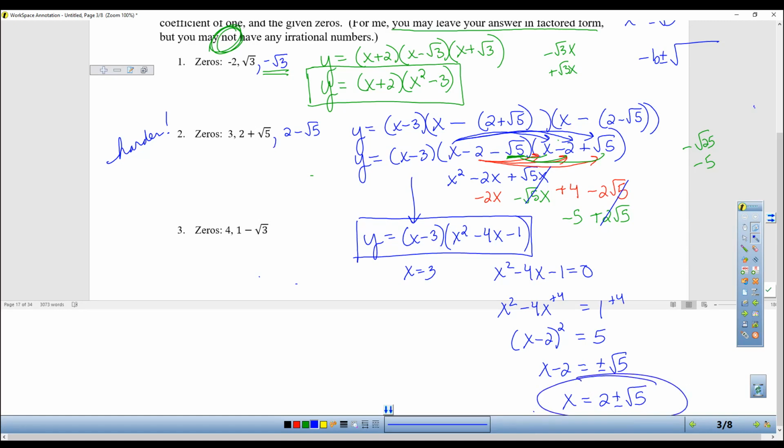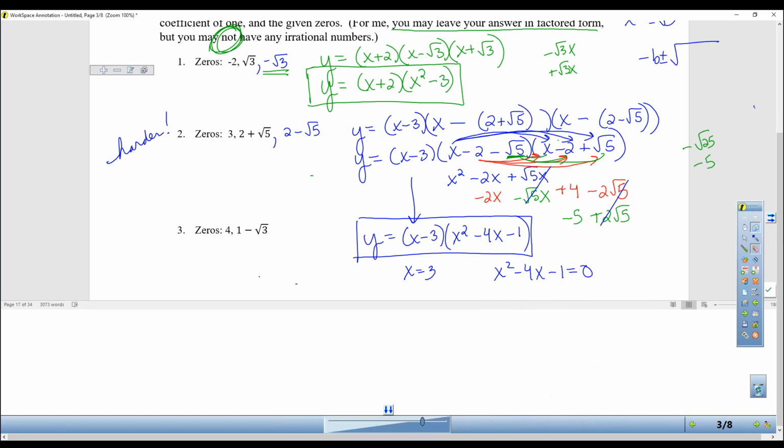That's what I got. So what we're doing now is we're going backwards. I'm showing you how to get the original polynomial that created the answer 2 plus or minus the square root of 5. Now, for those of you that didn't like completing the square, of course, there's also